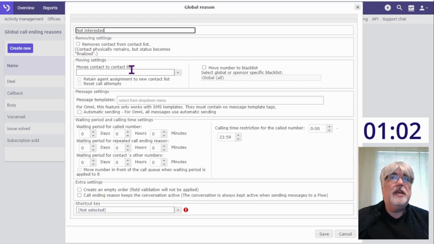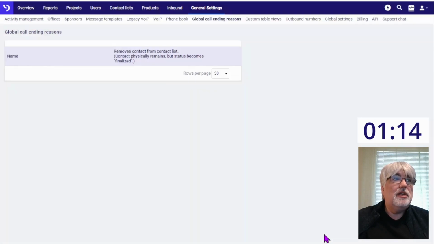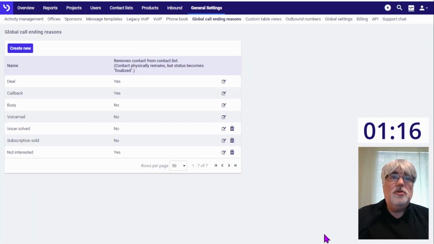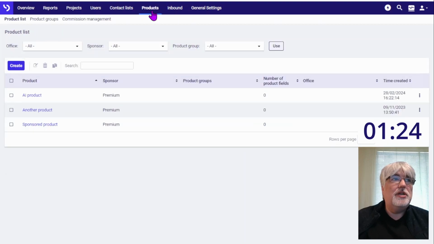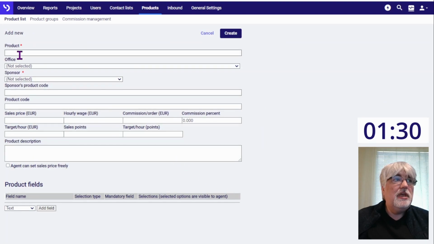And in this particular case, if they're not interested at all, we're going to remove them from the contact list, because we don't want to call them again if they're just not going to be interested. So click Save on that, and we have a new call ending reason called Not Interested. Let's work our way back along the way, and we're now going to create a product for us to sell. Click on the Create button on the product list page, give it a name,